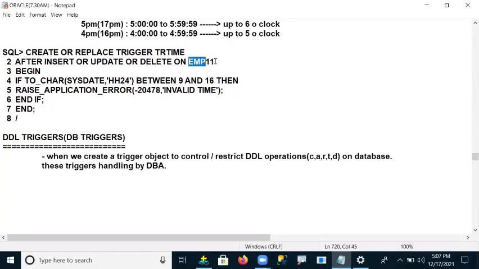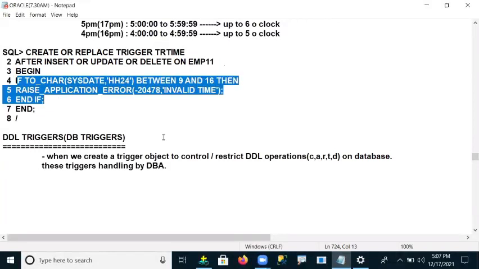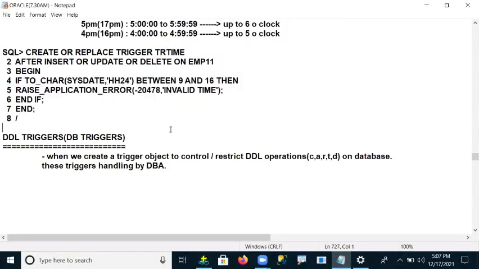And in place of EMP11, I give the database keyword here. That's it. The remaining logic will be the same. If you want to practice, you can practice. I gave 2 examples in the notes. If you don't practice, leave it, no problem, because in interviews, or if you go to the database developing side, this is not that important for you. It is the DBA people who will be handling these triggers.